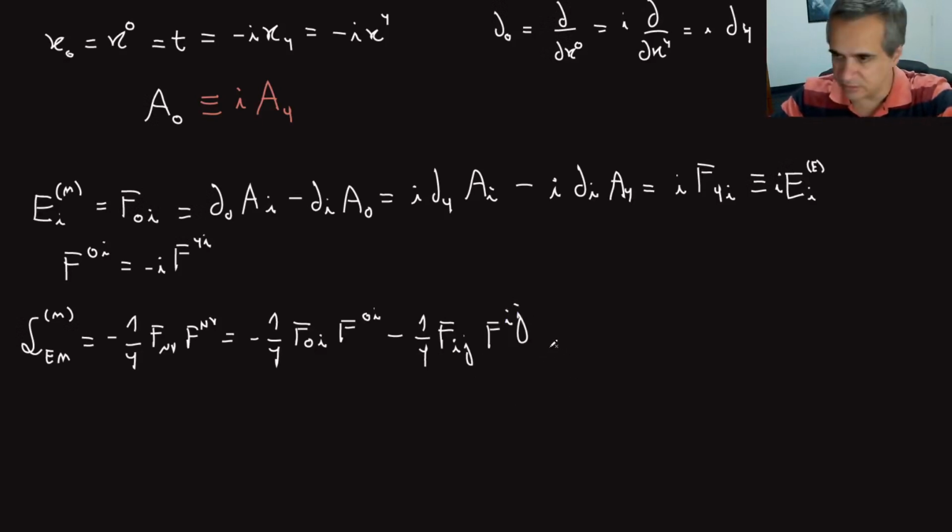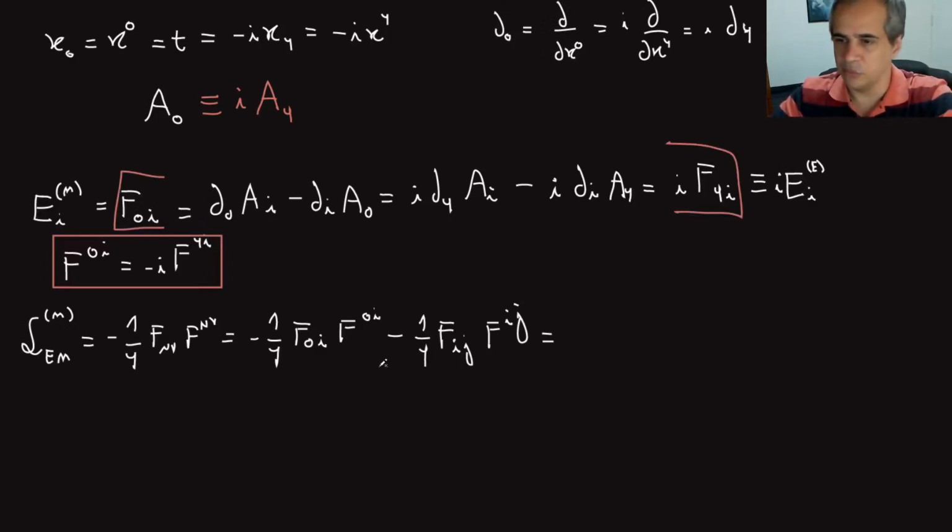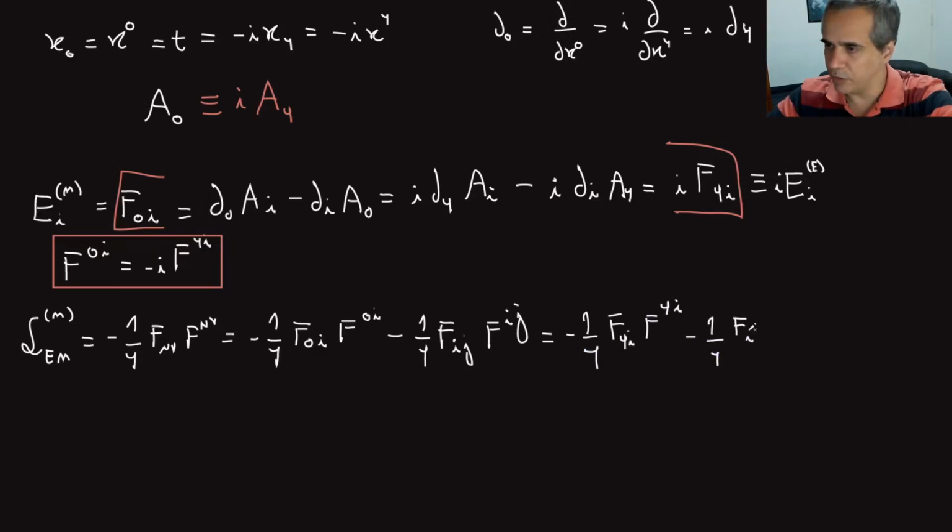And then this is just using these two relations, right? This one and this one, this part and this part, right? I can substitute both here. You get just minus 1/4 F4i, F4i minus 1/4 Fij,